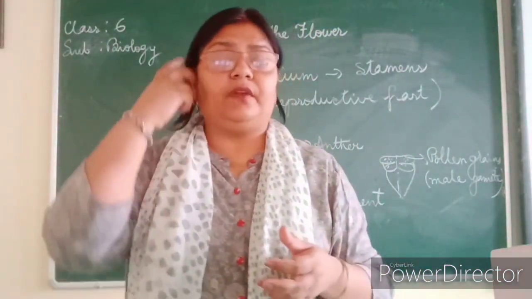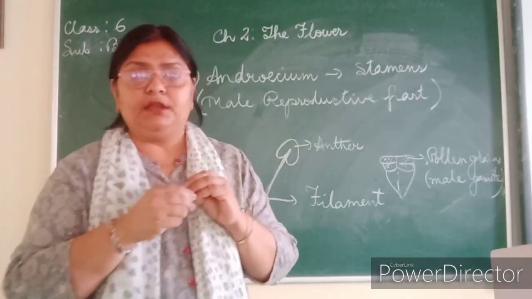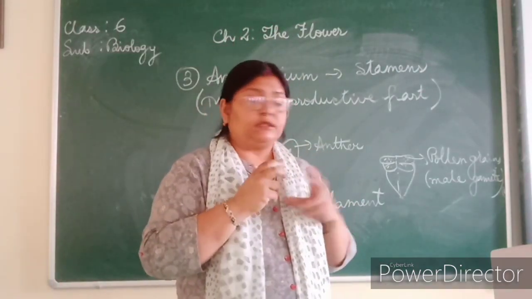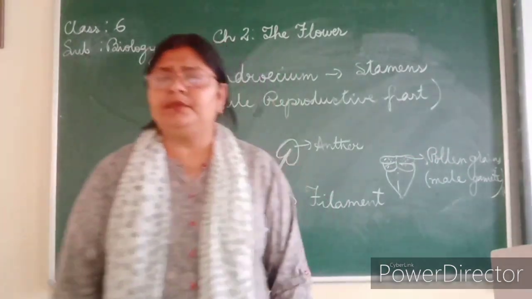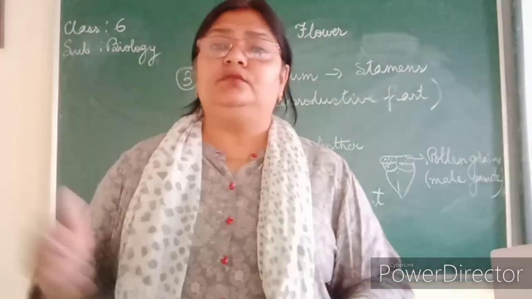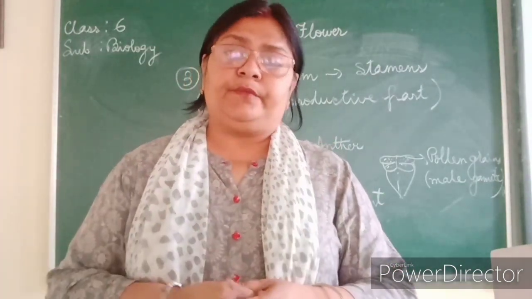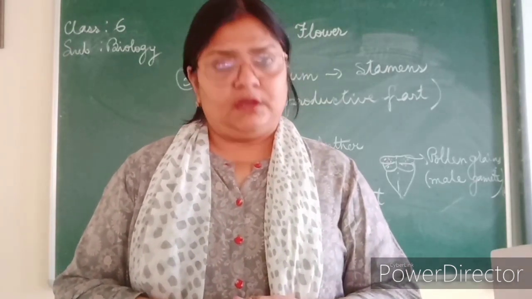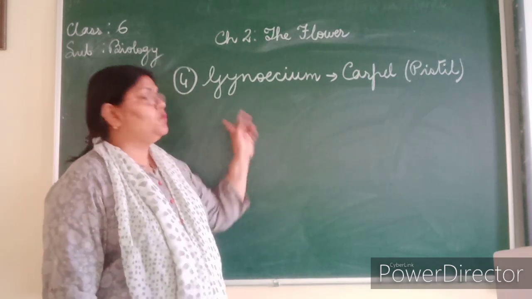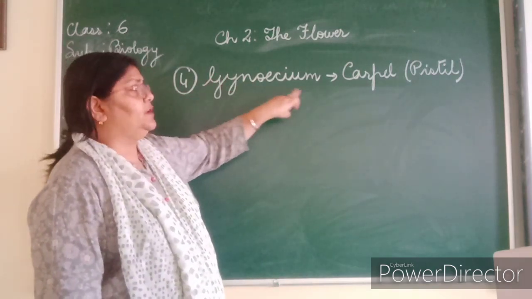In the morning if you go and touch a fresh flower, then you can feel a yellowish powdery substance coming onto your hand. So what is it? It is the pollen grains. Fine, do it. Get up in the morning around your house, don't go outside. Whatever flowers you have, touch them and find out if you can feel the pollen grains. Now coming to the innermost whorl, the fourth and last whorl, that is the gynoecium.